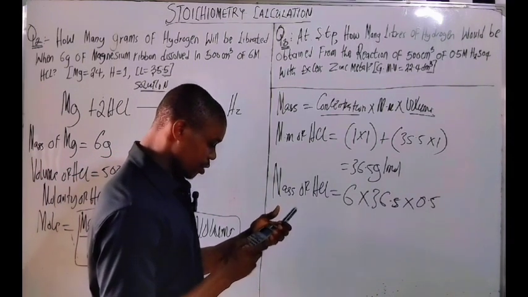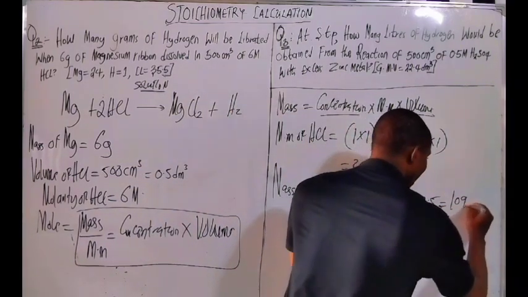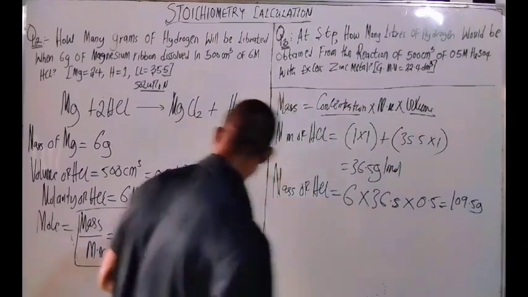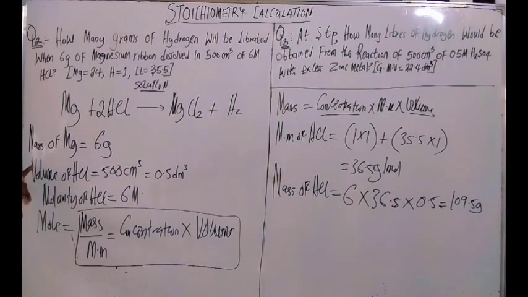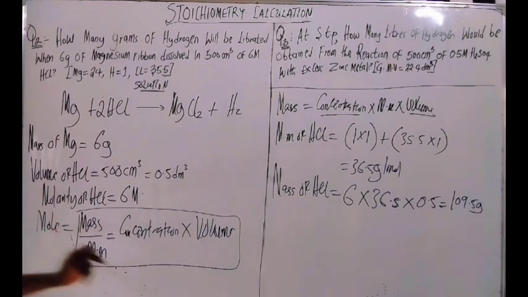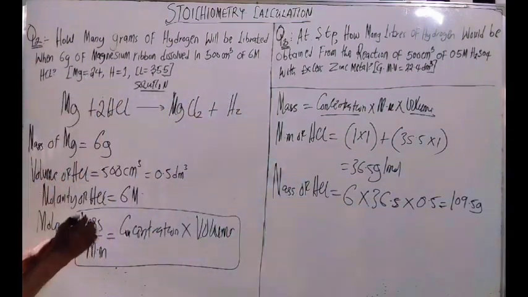You now have 109.5 grams. That means I have used the volume of HCl, the molarity, and the molar mass to calculate the mass of HCl. Do you understand? So the mass of HCl that reacted